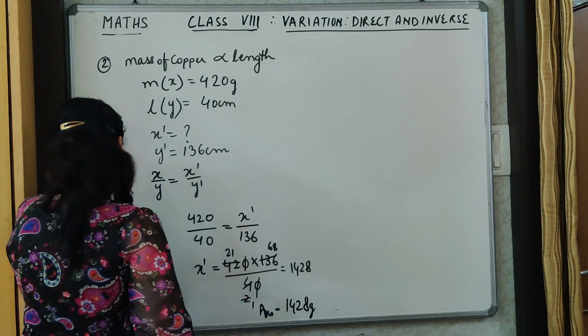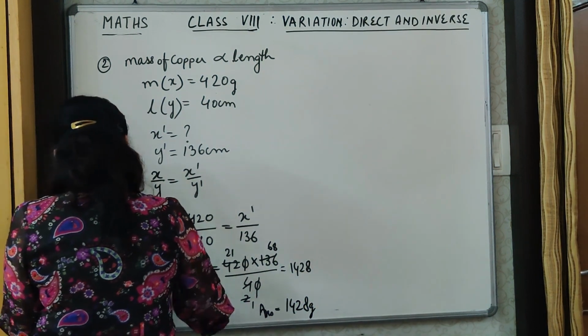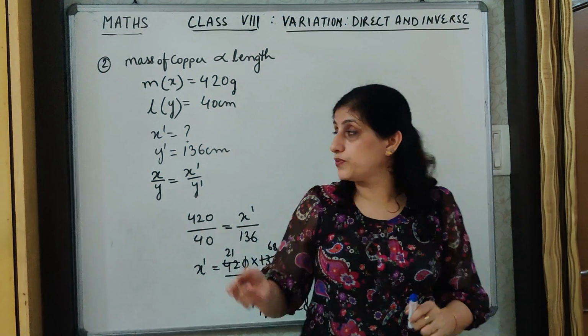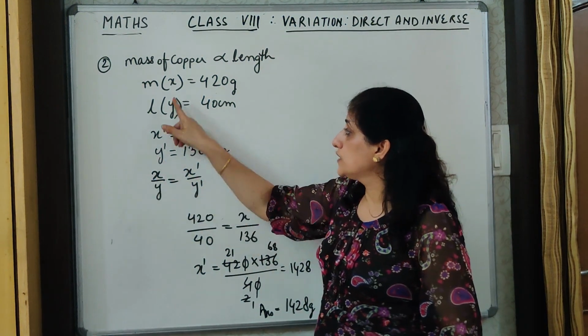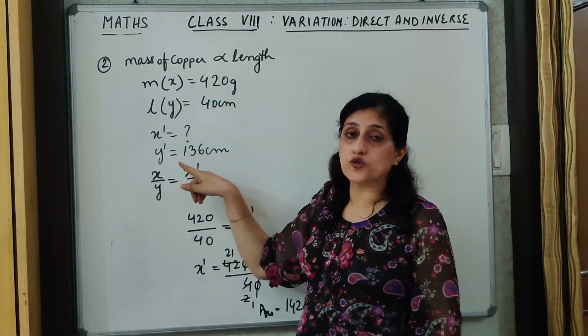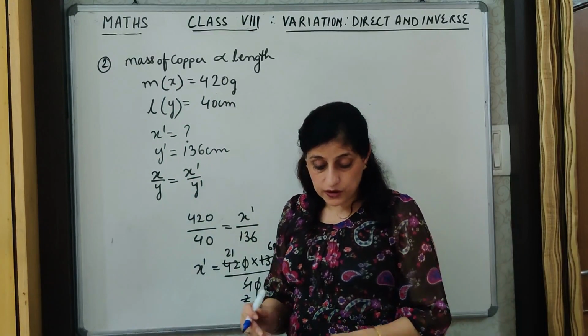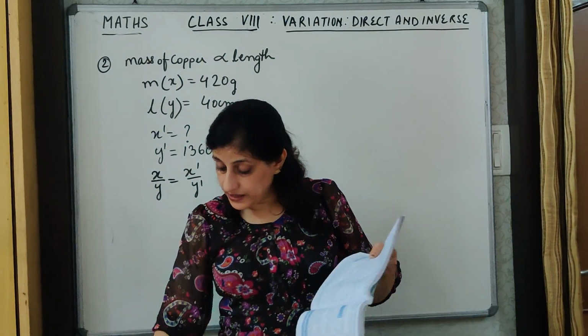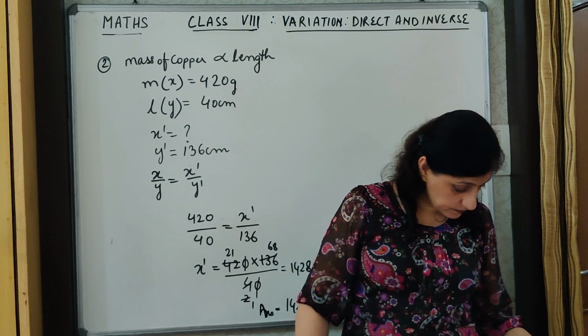Alright children. So simple use of the formula and placing it in the correct place. Whatever we have taken as x on top, we will take x at the bottom as well. Alright, then whatever is unknown, we can find that unknown quantity.